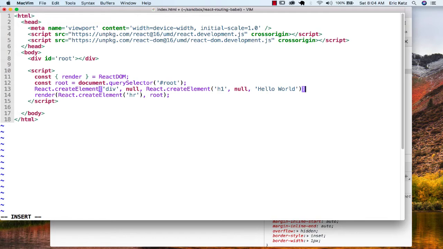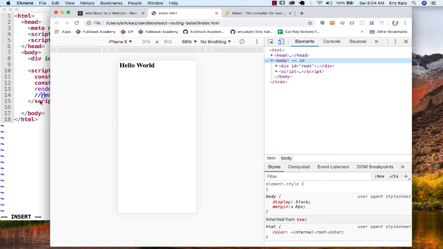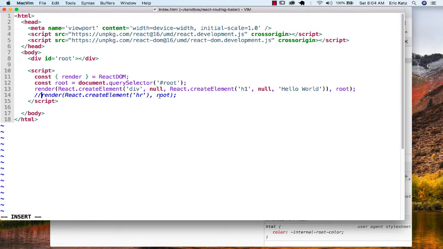We could go over here and have something a little bit more interesting, maybe. So we could render this on the root, comment this line out. So now we've got something else here,